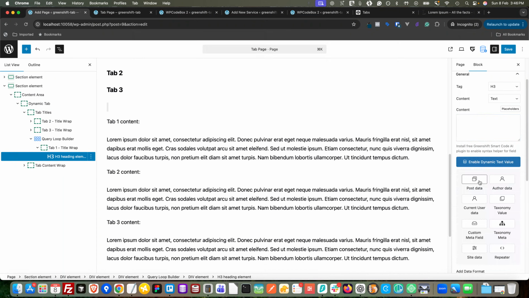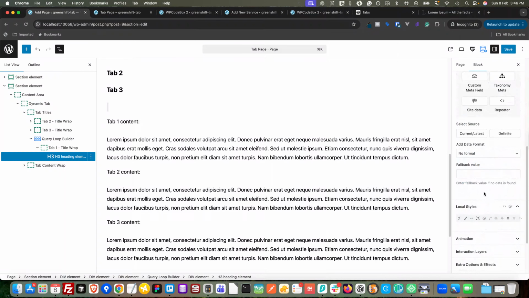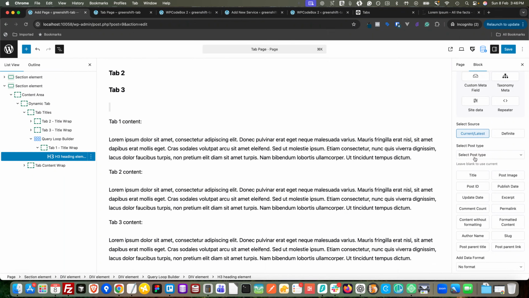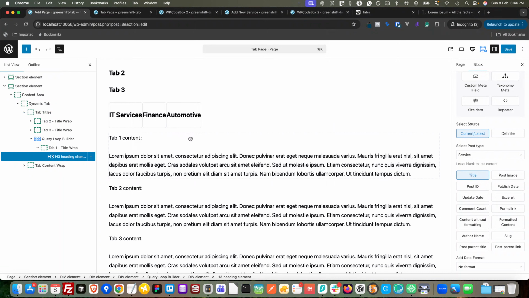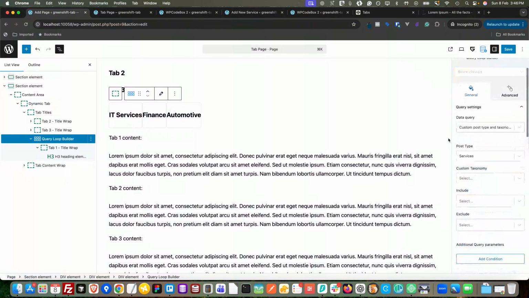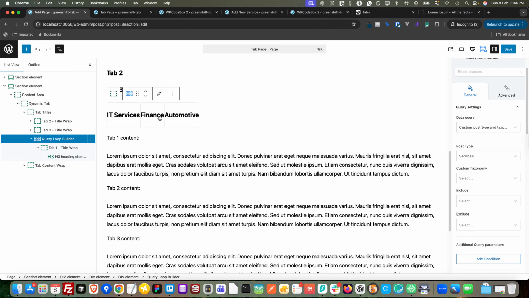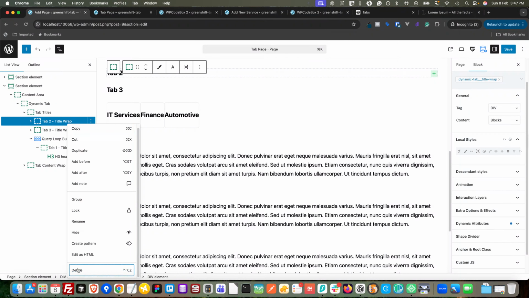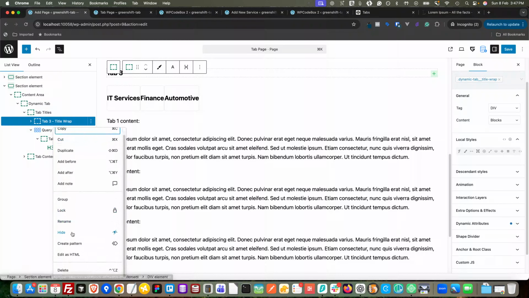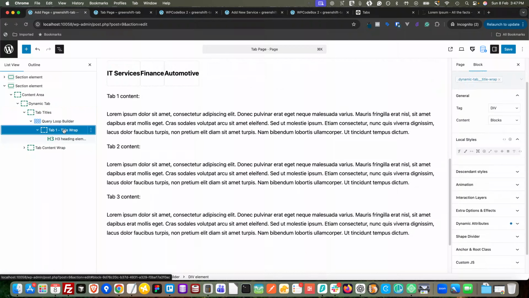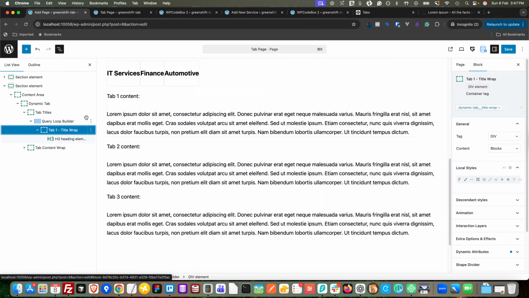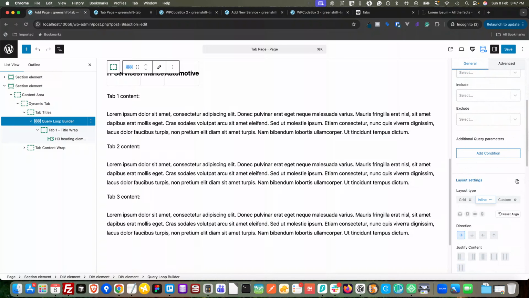Okay, and this will be post data, and it will be the current one, the service, and it will be the title. Now you can see it's automatically added that. Okay, and that's it. Now we have the tabs. Let's remove this because we don't need those static ones now. Okay, and the query loops,